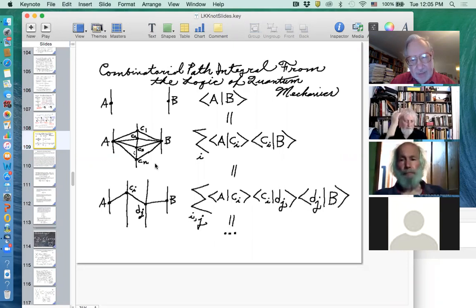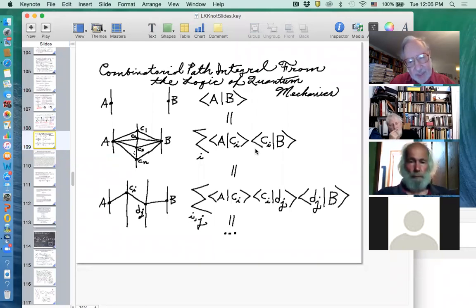If that is a complete set of intermediate possibilities, and they're independent of one another, then the probabilistic kind of rules for amplitudes tell you that you get the probability amplitude for going from A to B by summing over going from A to Ci and then from Ci to B. This is just like the rule for independent probabilities. But you see that this entails